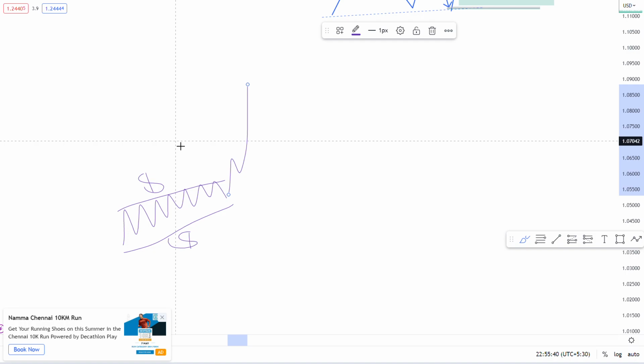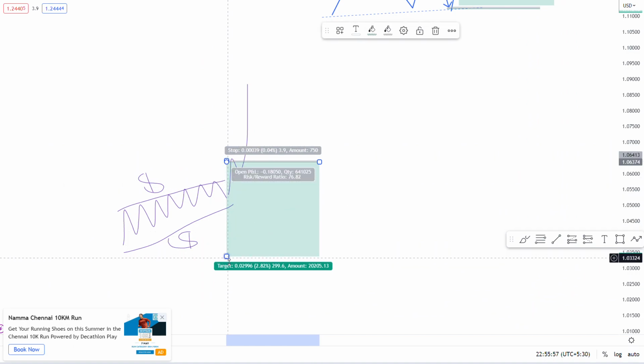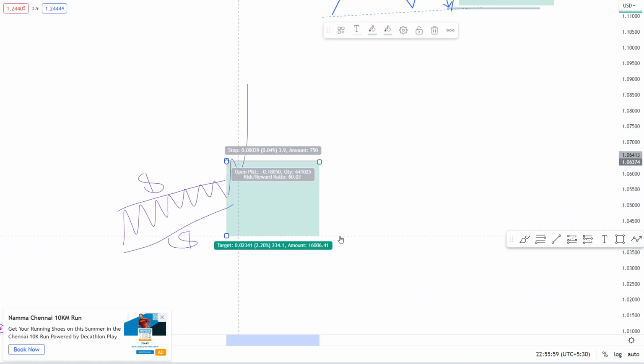The markets need liquidity to move. If there is no liquidity, there is no movement. The price will be rangy. We should always avoid the ranges. Trading ranges gives very low probable setups. See, what we will do is we will take a sell here, targeting the buy side liquidity, and the same